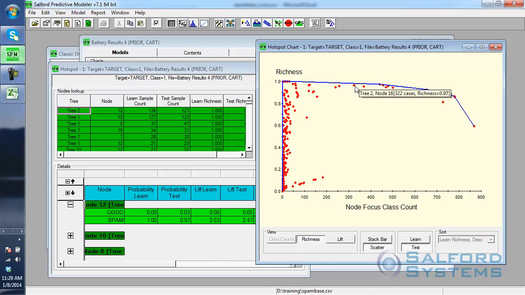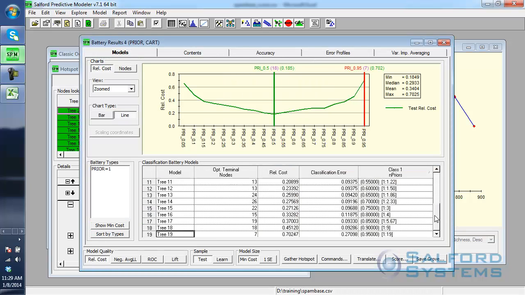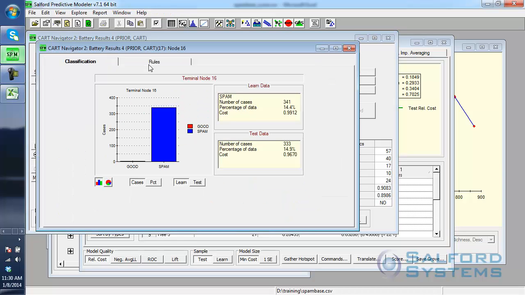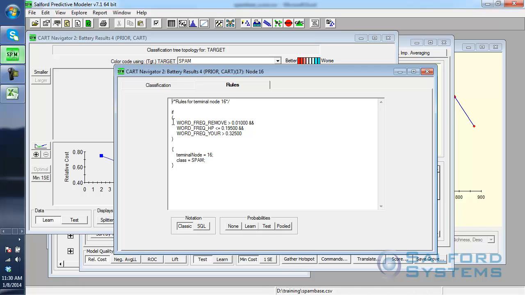So if we look at tree number 2, node number 16, it means that we go back to the original battery summary, look at tree number 2, node number 16. They are all numbered left to right, so it's 1, 2, 3, 4, etc. So once we reach node number 16, now we can see we have these 338 records out of 341 that belong to the spam group. And now you can click on that node, go on the rules, and extract the exact sequence of rules that identify with 97% accuracy